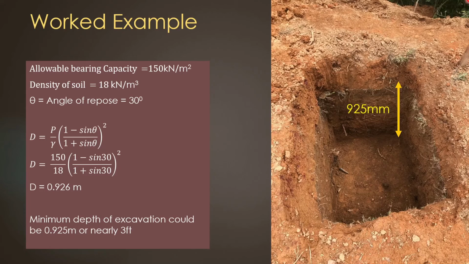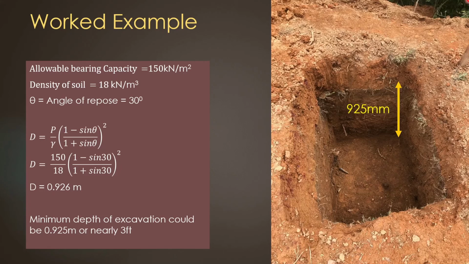Once you determine the area of the footing, you know the applied pressure, and depending on the pressure, you can determine the depth. So if the applied pressure in a foundation is in this range, you can keep the depth as 3 feet or 900 millimeter. That's why generally it says you have to excavate at least 3 feet or 900 millimeter